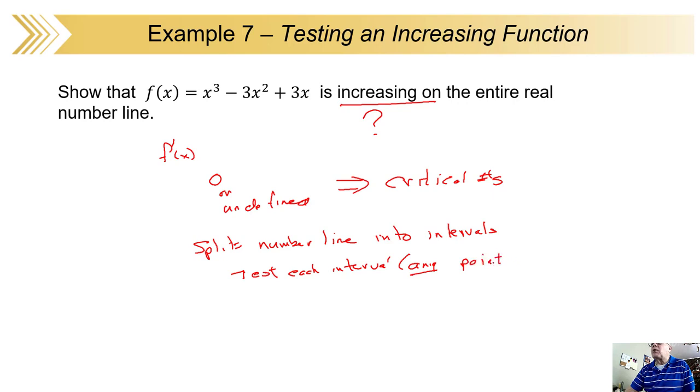You can choose any point you want in the interval. Any point at all. Is your derivative positive or negative? If your derivative from your test point is positive, your function is increasing. Remember, that's the function itself. If the derivative in that interval is negative, then your function